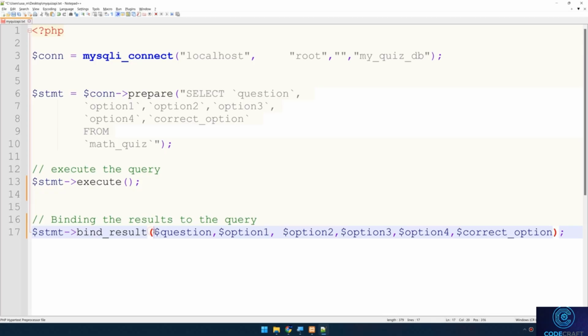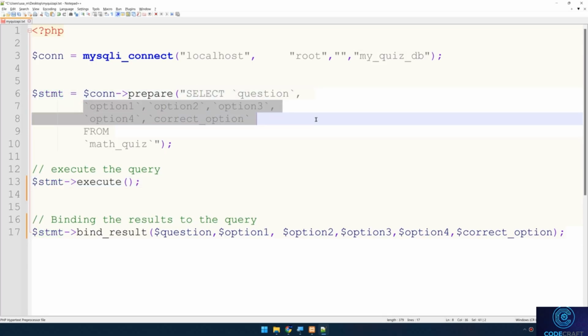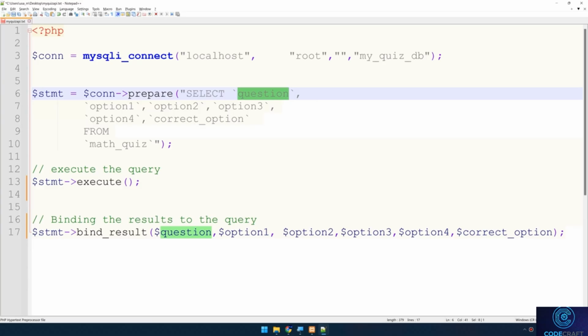The variables question, option 1, 2, 3, and 4, and the correct option are used to store the values retrieved from the result set. When the prepared statement is executed, the values from the selected columns will be stored in these variables. So if I execute this statement, I need to get all these columns, question, and store it inside